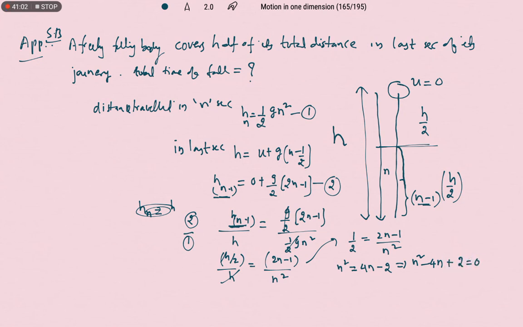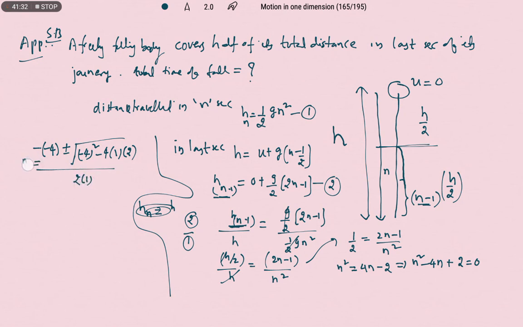It is a quadratic equation. Let us simplify that expression with the help of minus b plus or minus square root of b square minus 4ac. So minus of minus 4 plus or minus under root of 4 square minus 4ac. So a value is 1, and c value is 2. So 4ac, by 2 into 1 we can write.